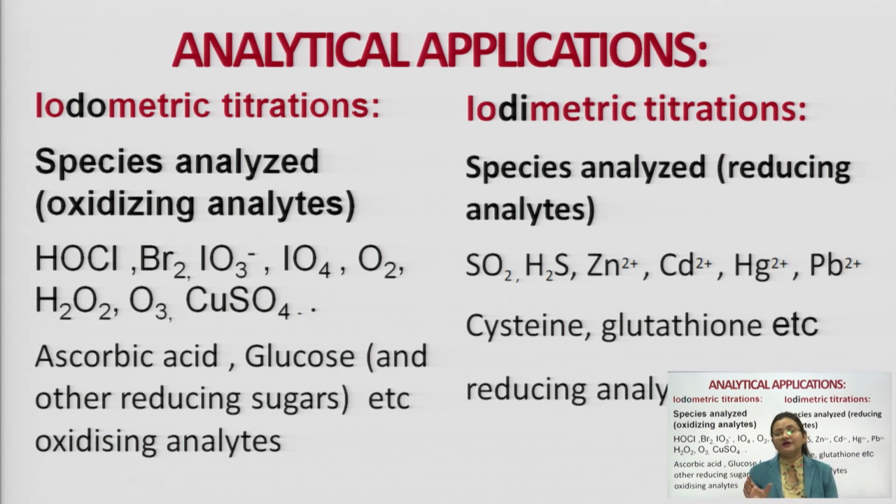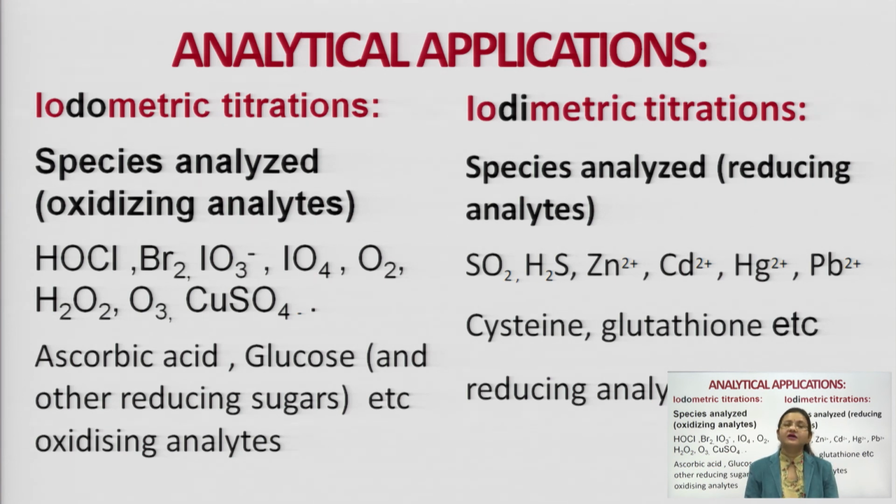If they have powerful reducing capacity, then they will be able to convert all iodine into iodide, right? So powerful reducing capacity will be required to convert all the iodine into iodide ion. That's why for iodimetry, the type of analytes required is powerful reducing agents,